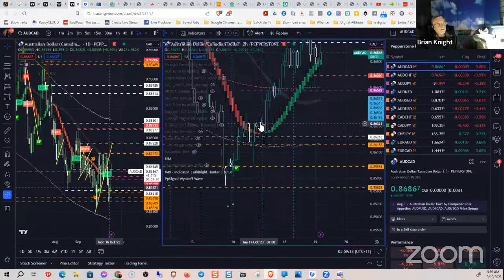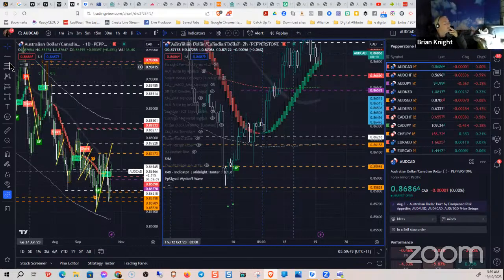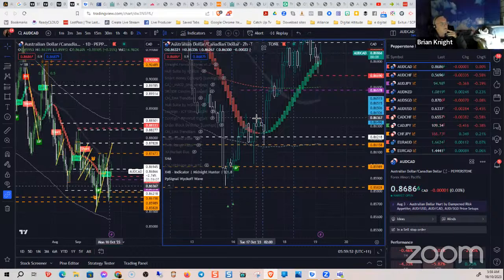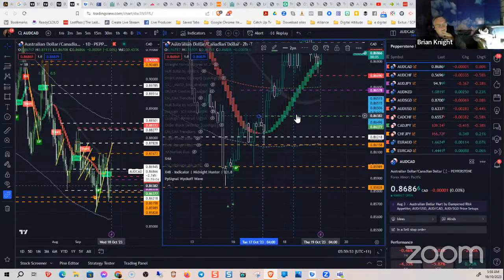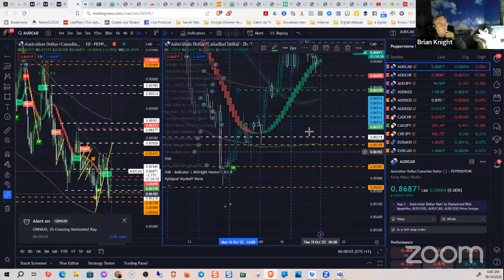So in effect, what I should have done is had my entry just there. And I did have an alert, but not an entry, right? Then it pushed up there and that's where I saw it and actually executed it. But what should have happened is I should have got into the trade much further down here. So if I put it on that as a buy, well, actually that should also be a green, but anyway, because it's the wrong direction.